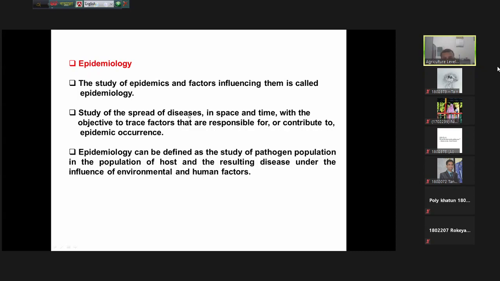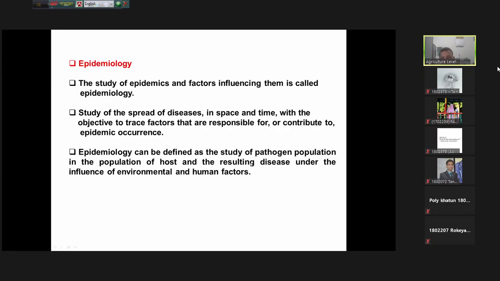Study of the spread of the disease in space and time, মানে একটা কম সময়ে অনেক এরিয়া, এই জন্য বলছি স্পেস এন্ড টাইম, with the objective to trace, মানে find out the factor or identify the factor that are responsible for or contribute to epidemic occurrence. তাহলে তোমাকে একটা ডিজিজের স্প্রেডটা স্টাডি করতে হবে ওভার টাইম এন্ড স্পেস। এইমটা হচ্ছে টু আইডেন্টিফাই দ্য ফ্যাক্টর দ্যাট আর কন্ট্রিবিউটিং, কি ফ্যাক্টর সেটা কন্ট্রিবিউট করতেছে।